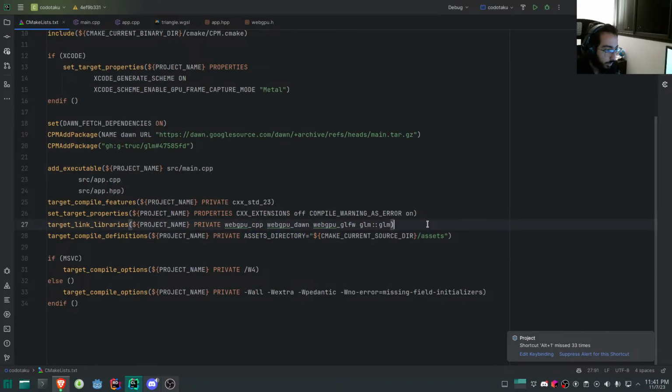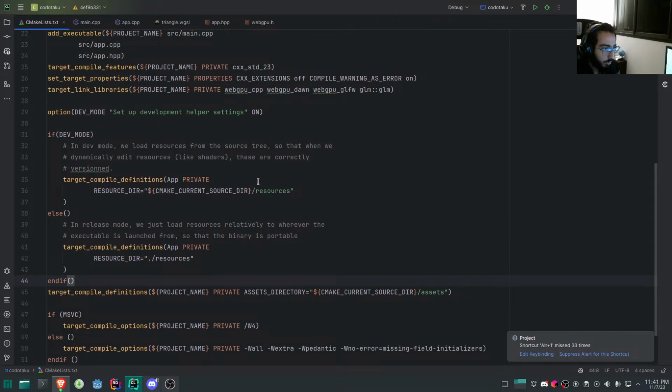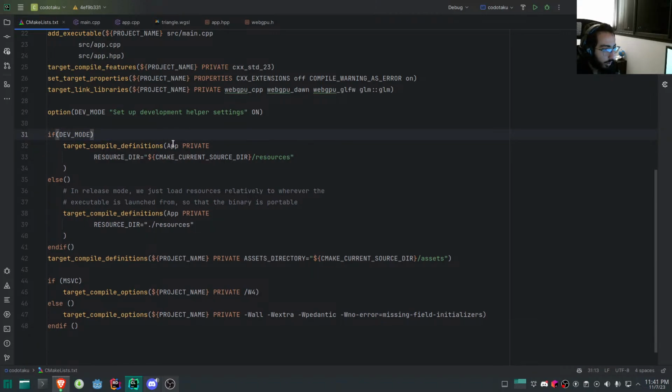So let's see, target. So we got dev mode, target compile definitions. Well, here we got assets directory,